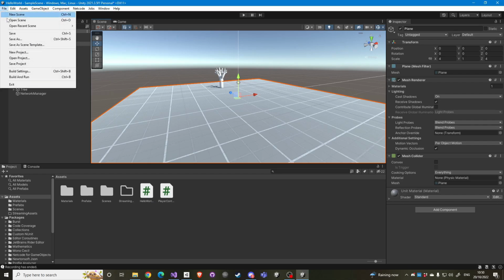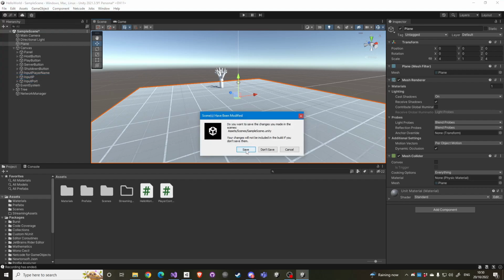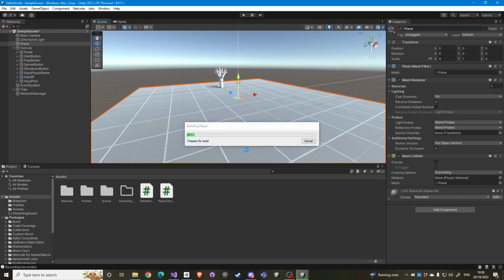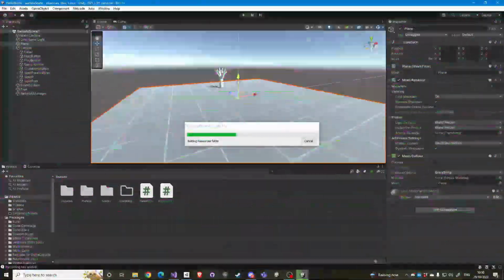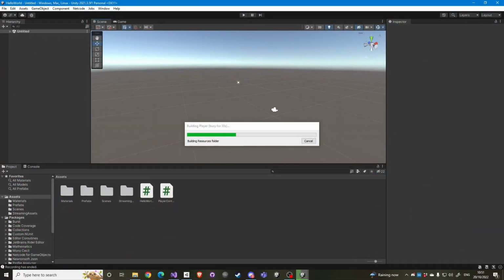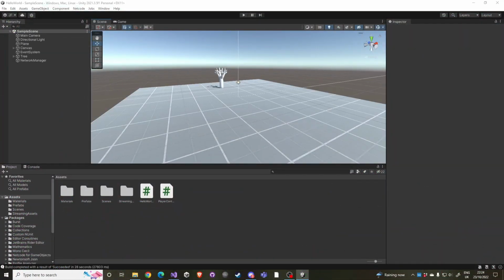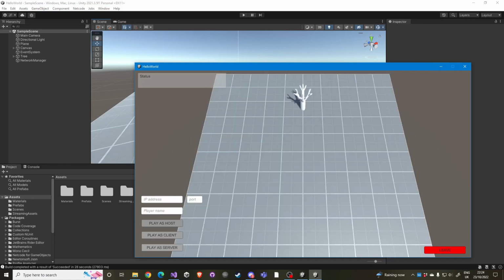And now go to File, Build and Run to prepare for the multiplayer gameplay test. Yes, save the scene and warp the time-space to speed up the build. Okay, great! We have a build. The point of this little